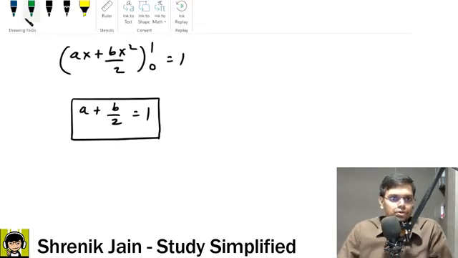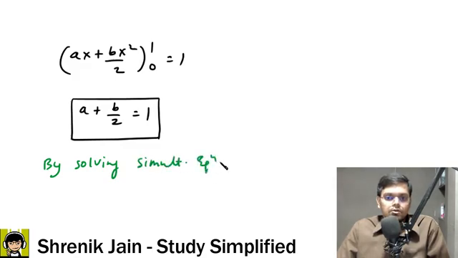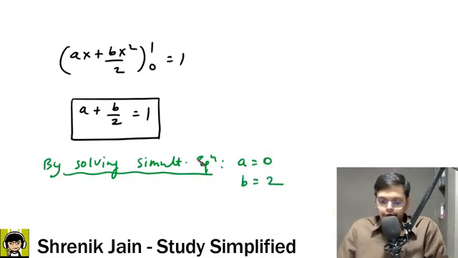That's as per you guys. मैं तो सीधा कहूँगा that by solving simultaneous equations, I am getting a is equal to 0, b is equal to 2. So further I can say